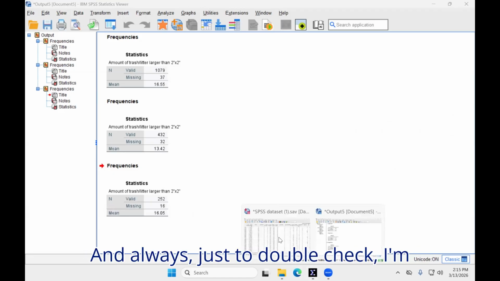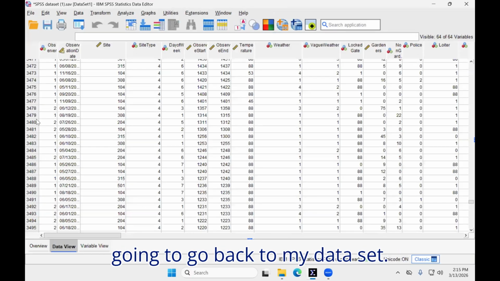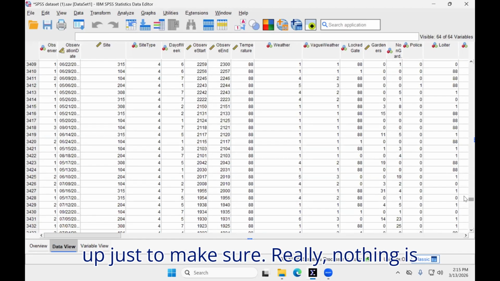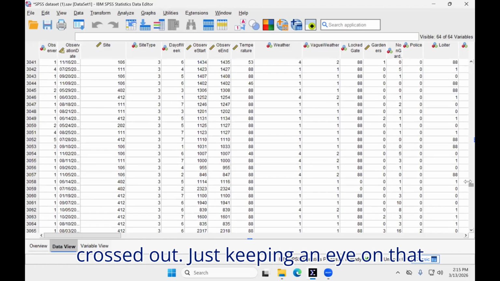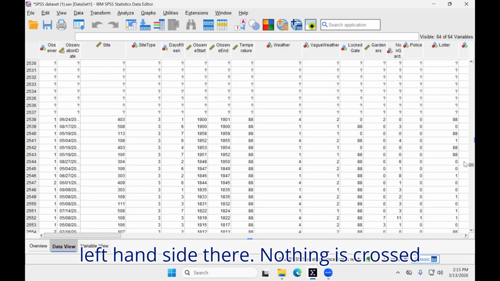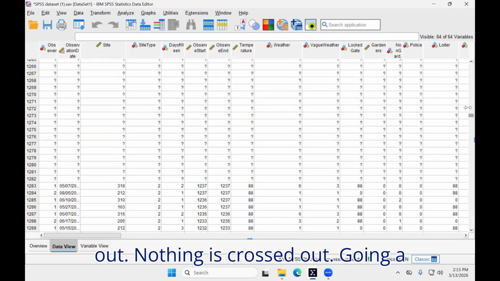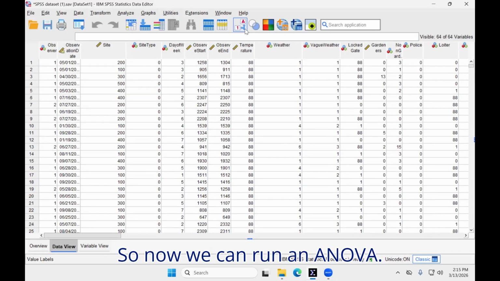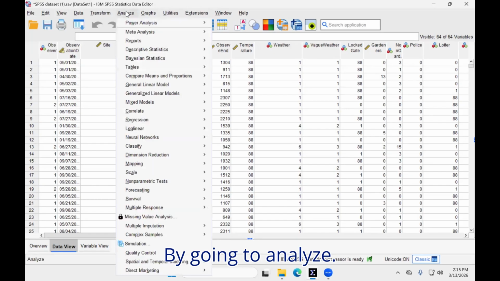And always, just to double check, I'm going to go back to my data set. Nothing's crossed out, but let's scroll up just to make sure really nothing is crossed out. Just keeping an eye on that left-hand side there. Nothing is crossed out, nothing is crossed out, going a little faster. Perfect. So now we can run an ANOVA by going to Analyze,